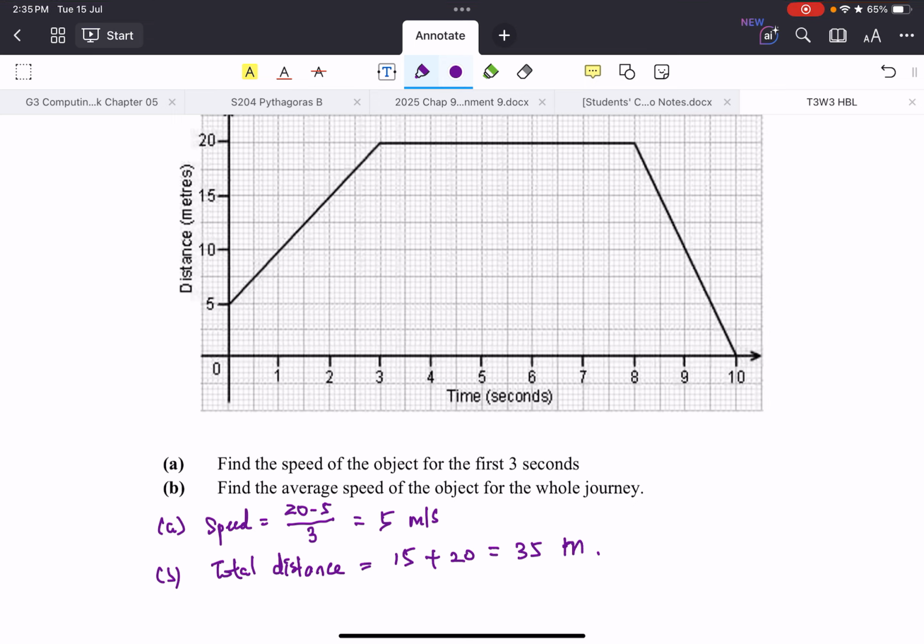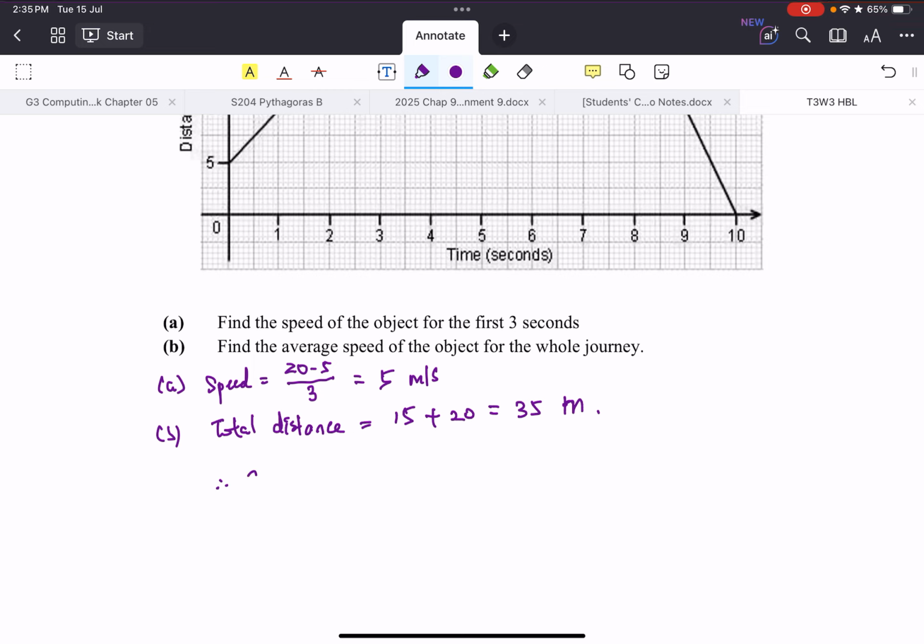Okay, so therefore average speed equals to 35 meters divided by 10 seconds, which will give us 3.5 meters per second,